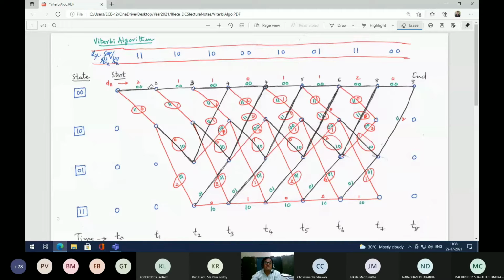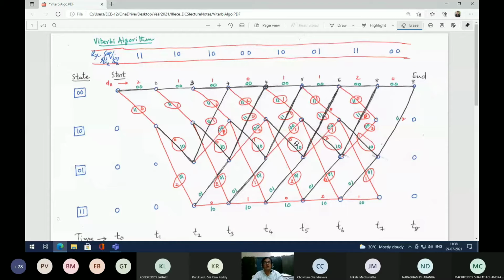See, this is the window. For this window, this one. For this window, this one. For this window, this one, and this one, and this one. Like that, you have to verify. So depending upon the number of received pairs, based on that, you have to lengthen the sequence here. We agree?